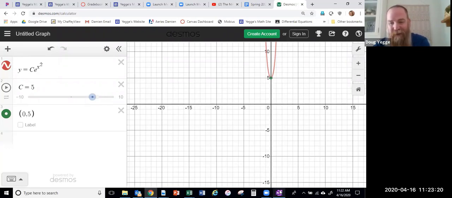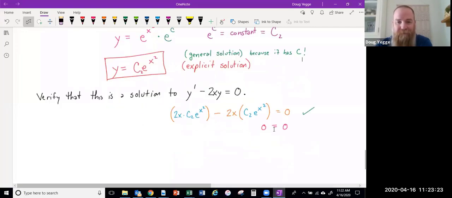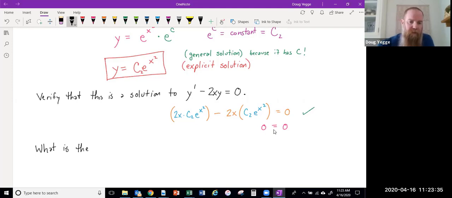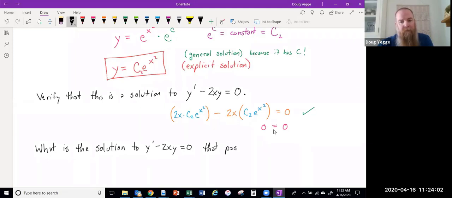So I know it's a lot of terminology here, so I'm going to go through this a little slower. So what is the solution to y prime minus 2xy equals 0 that passes through the point